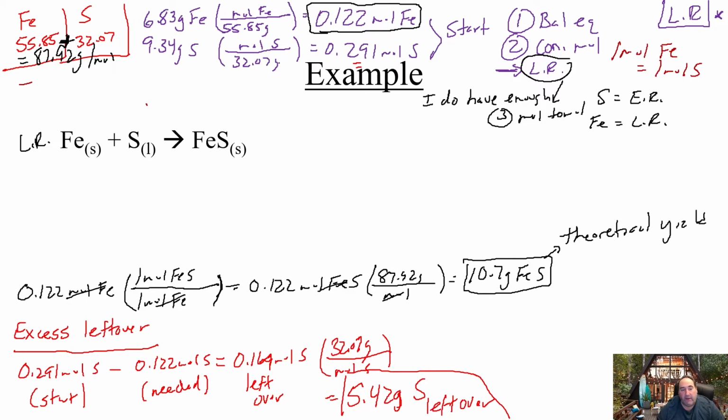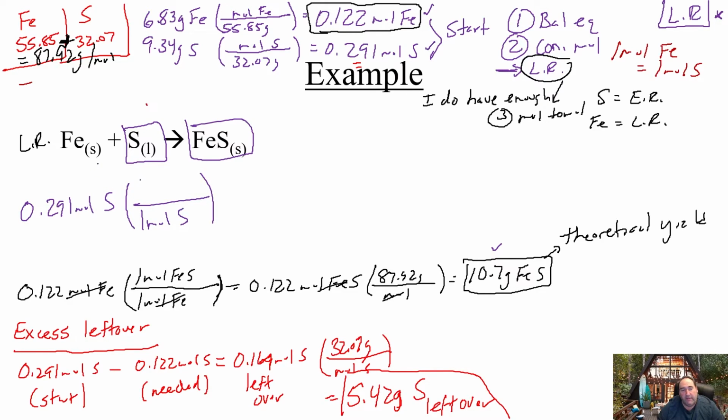So we would take our one reagent and do a calculation from that reactant to our product, which is what we see here. We would then do a separate calculation starting with the other reactant, so 0.291 moles of sulfur. It is again a 1-to-1 relationship between these two. So we'll do our 1 mole of sulfur gives us 1 mole of FeS, gives us 0.291 moles